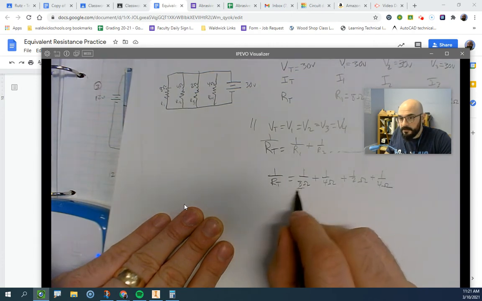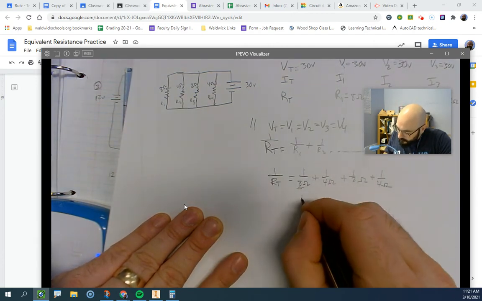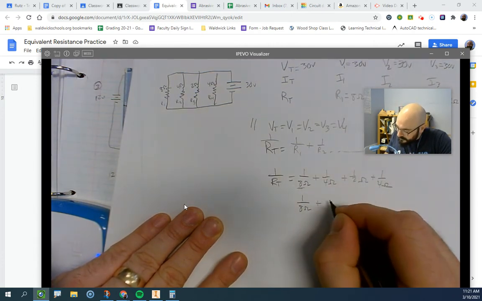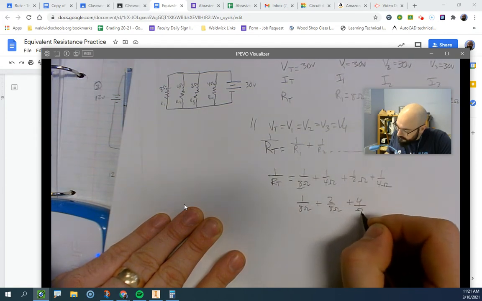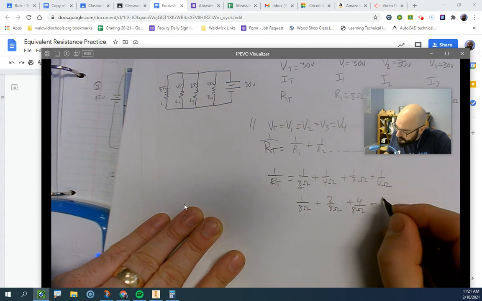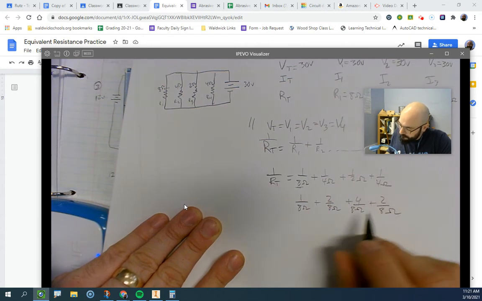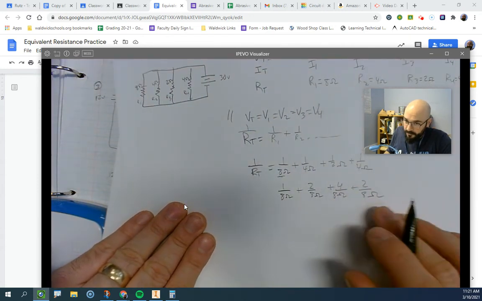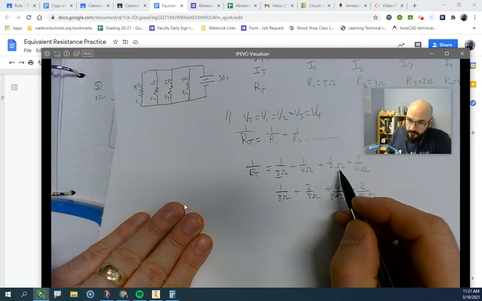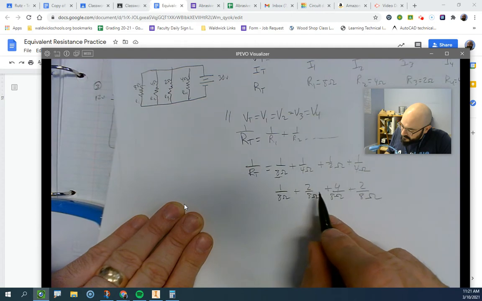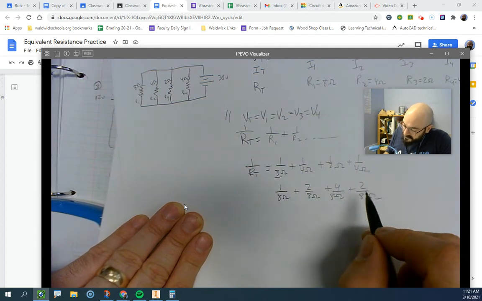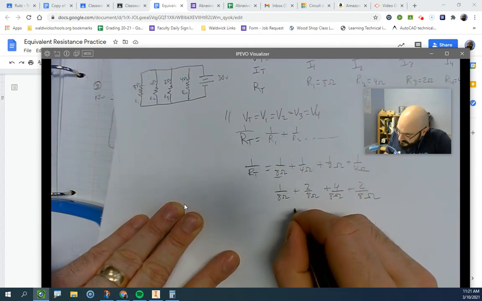Common denominator, 8. So let's go 1 over 8 ohms plus 2 over 8 ohms plus 4 over 8 ohms plus 2 over 8 ohms. So I get these all the same and I multiply them through. So, 1/2 ohm is the same as 4/8 ohms. So now let's add. 1 plus 2 is 3 plus 4 is 7 plus 2 is 9/8